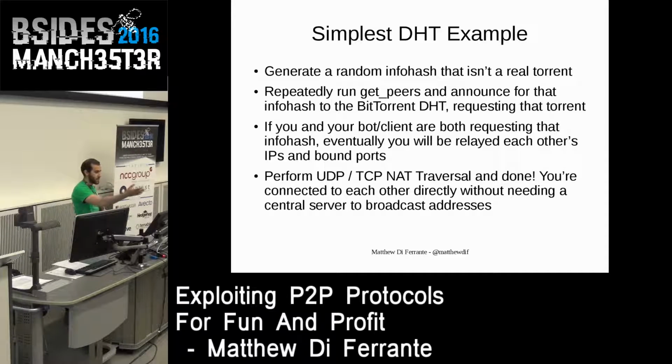So you'll get something like IP 127.0.0.1 is listening on bound port 5050 and addressing bound port 6060, and you'll get my address and bound port. With that information, we can do NAT traversal. We can do UDP NAT traversal, but also TCP NAT traversal, and so on. There you go. So you're done, and you're connected to each other without needing a central server for this rendezvous,